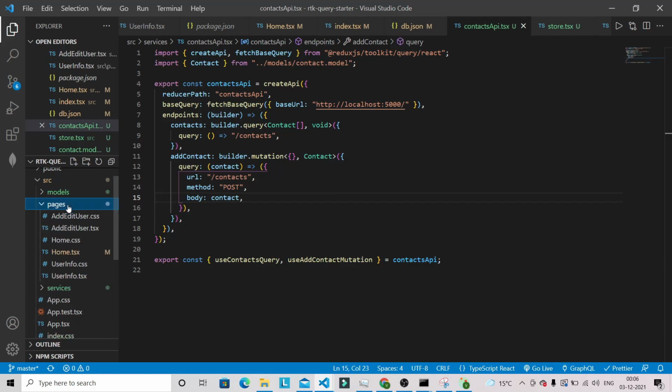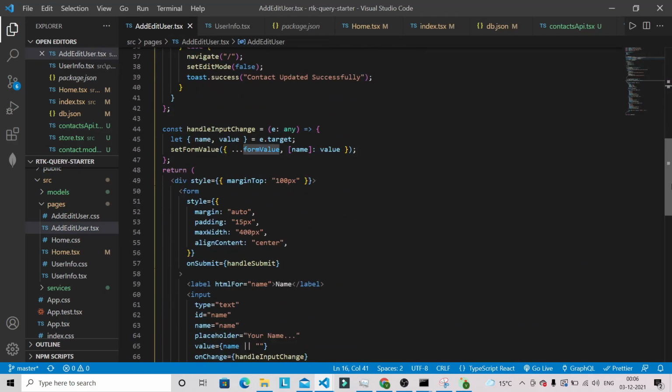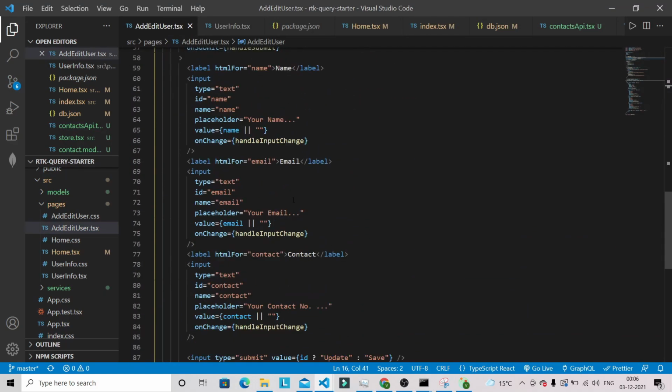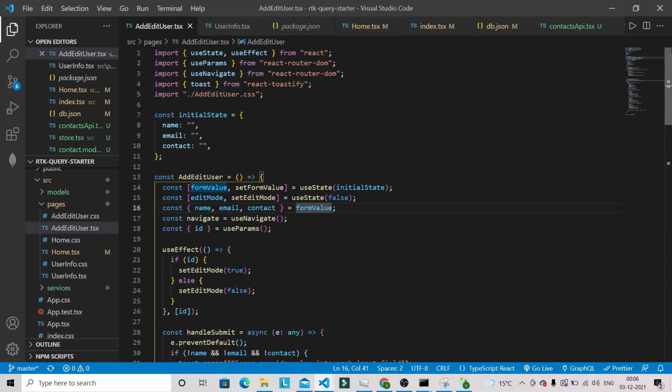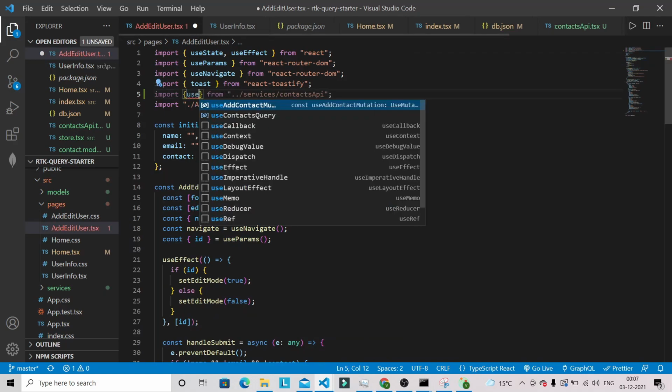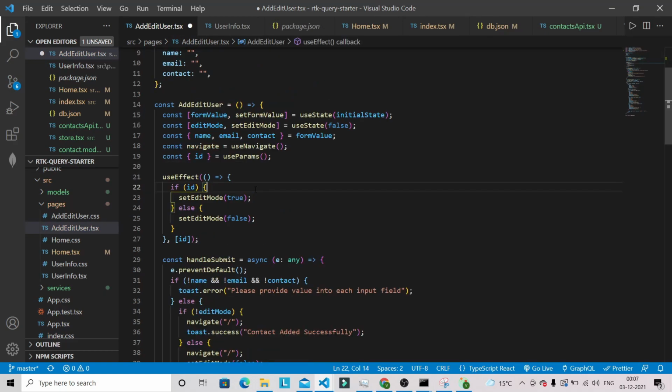So let's go into the AddEditUser.tsx file, and here we have three input fields: name, email, contact. Here we can use useAddContactMutation. Since this AddEditUser component is used for adding a new contact or updating an existing contact, here we have edit mode.